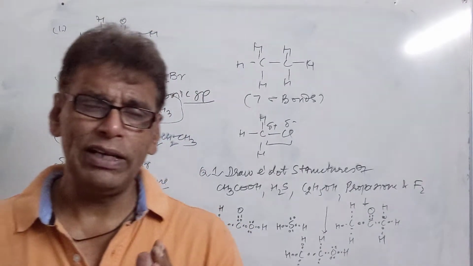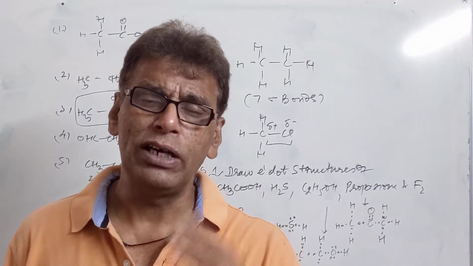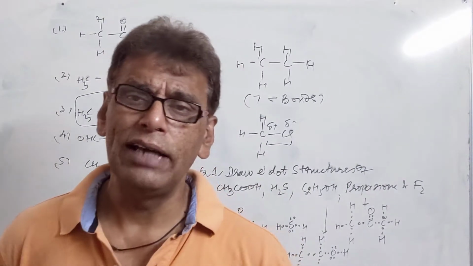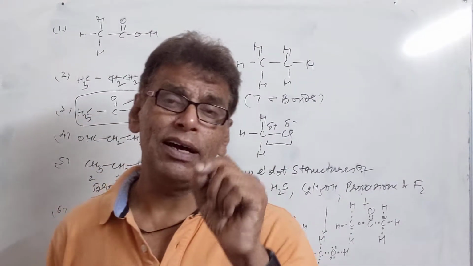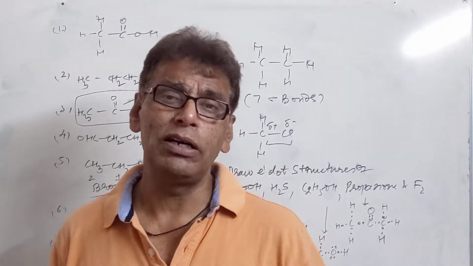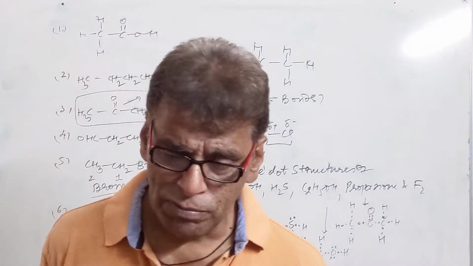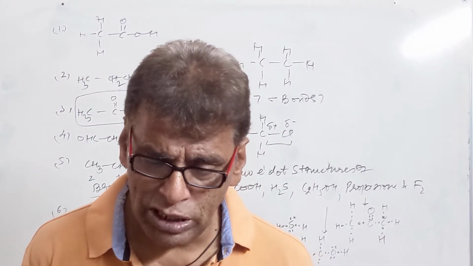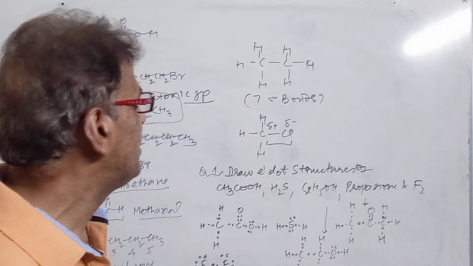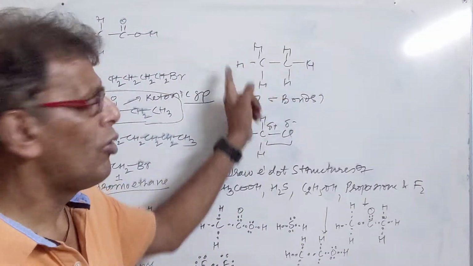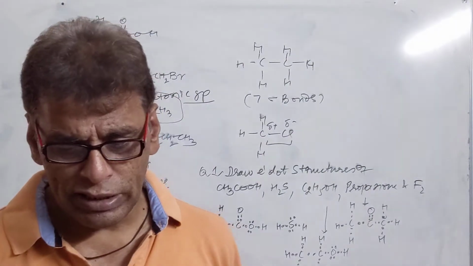So you identify the hydrocarbon which has double the number of hydrogens than carbon, that is alkene, or which has two hydrogens less than double the number of carbons in the compound. They will undergo addition reactions and will be unsaturated hydrocarbons. For example, we have the formula C2H6, that is ethane. It has no double bond, so no reaction is possible here. It is a saturated compound.